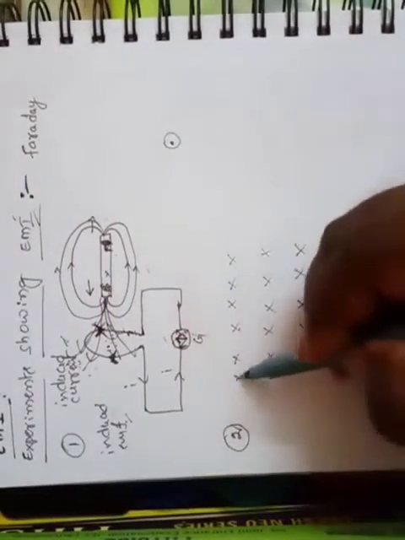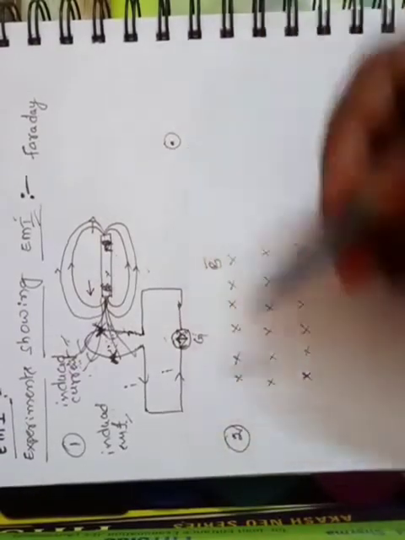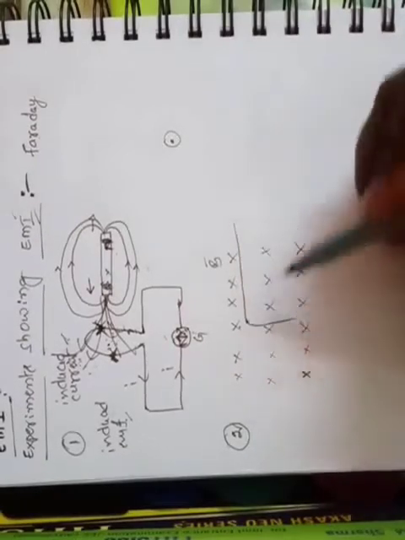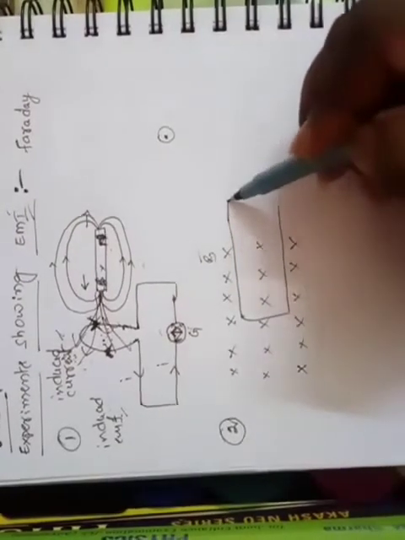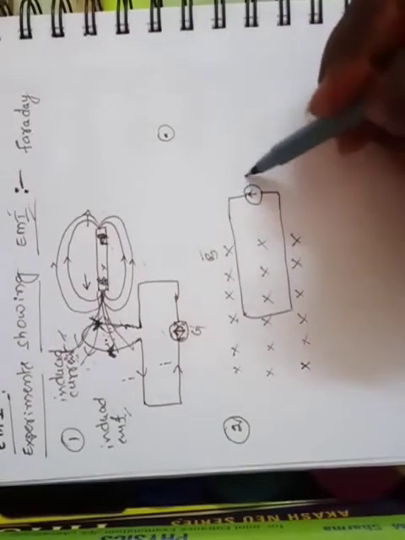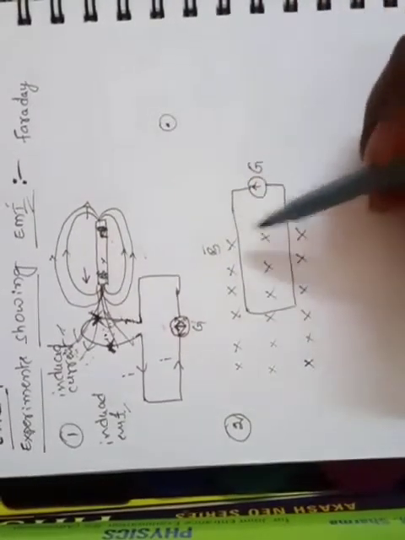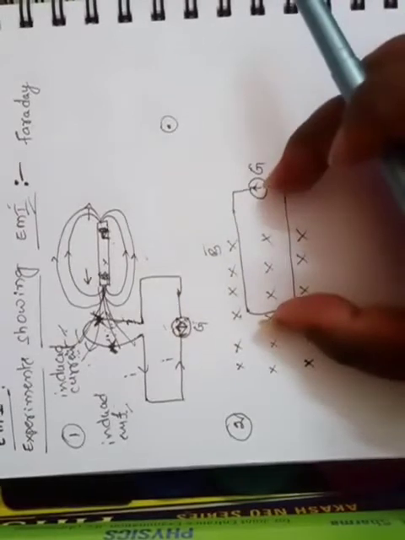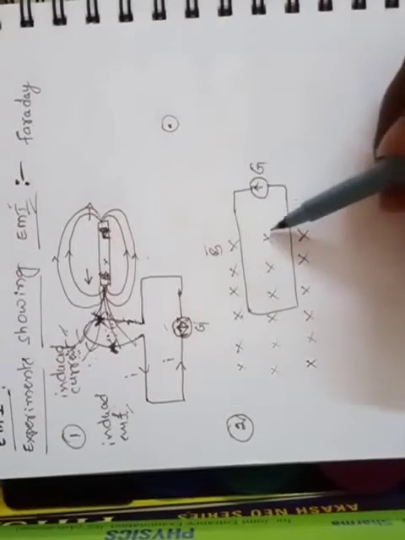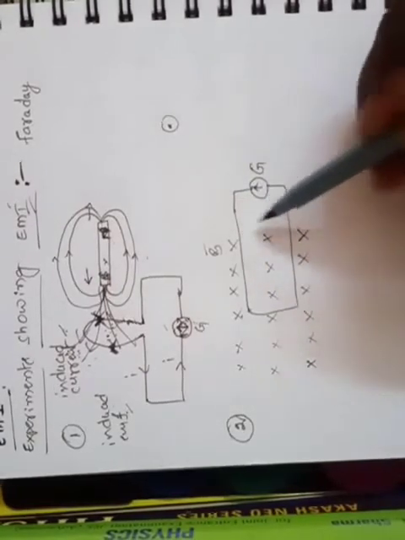So here we have taken the magnetic field, a uniform B bar, and in this magnetic field we have placed a closed circuit which contains a galvanometer. Here, some portion of this coil is inside the magnetic field and the remaining portion is outside the magnetic field, so it doesn't matter. Whether a current is produced in this coil or not, we will see that.